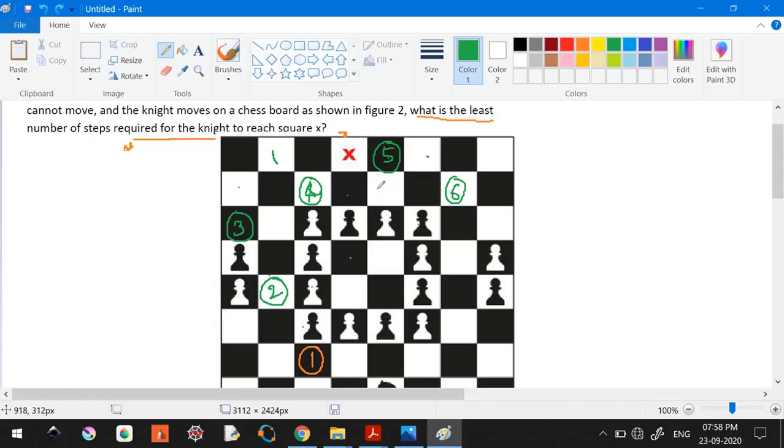Okay, so I will go back a little. From 3, instead of jumping here as 4, I will jump here. Let's try this. After I come here, my knight comes here. So I only have 1, 2, 4, 3. This position. Let's say it comes here, which is, let's say, 5. From here I cannot go here. So let us try this. 1, 2, 3. Let me say it came here, and let us say it came here.